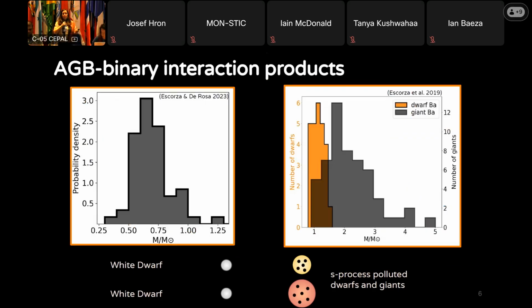And we also know the masses of both the polluted stars, that you have the mass distribution of the dwarfs and the giants, specifically for the barium stars, but we have masses for a few CEMPs as well. And we have the masses of about 60 white dwarf companions combining radial velocity and the Hipparcos-Gaia catalog of acceleration, so astrometry. The problem is that, well, it seems we have quite a bit of knowledge about these systems. The problem is that the overlap between all these 4 plots that I showed you is maybe 30 targets.